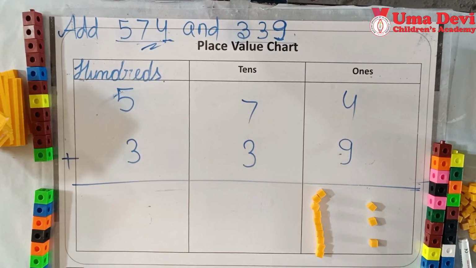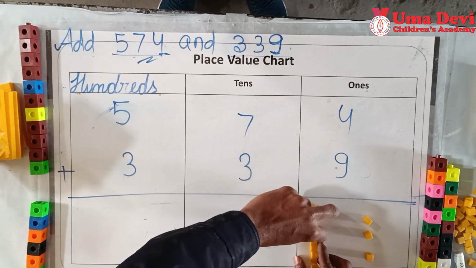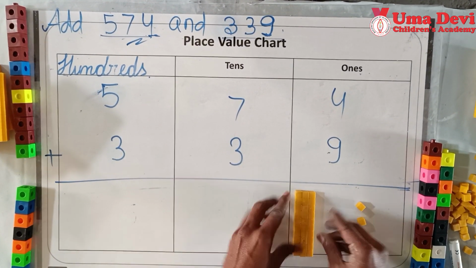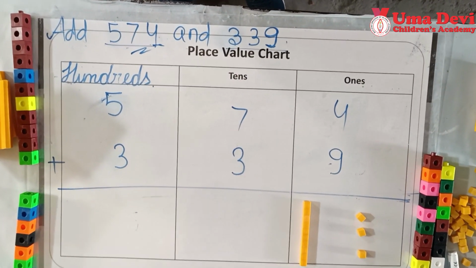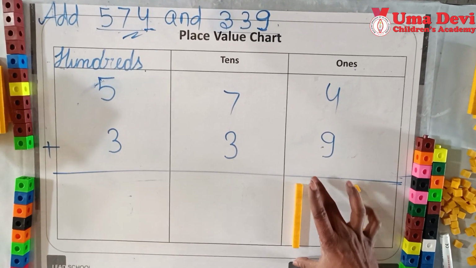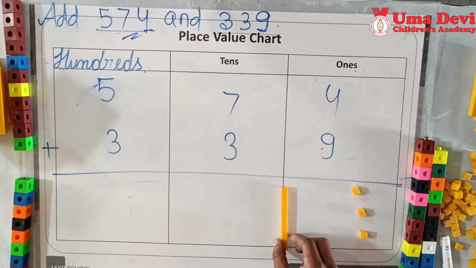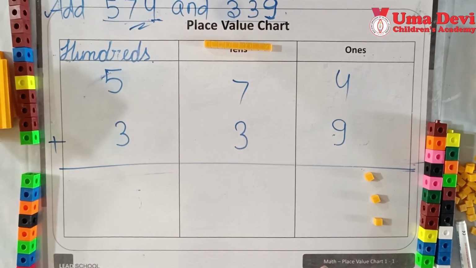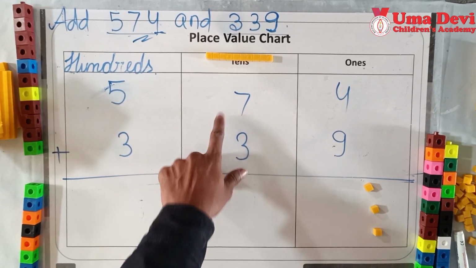So we all know that whenever we take 10 ones blocks, 10 ones blocks form a tens block. It looks like a tens block, isn't it? So look here, only 3 ones blocks will stay here, these are the ones, and this 10 can be replaced with a tens block. So we will carry forward this here in tens. We will transfer this 10 in this, right? And now we will do these questions.